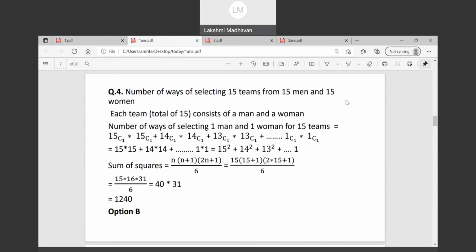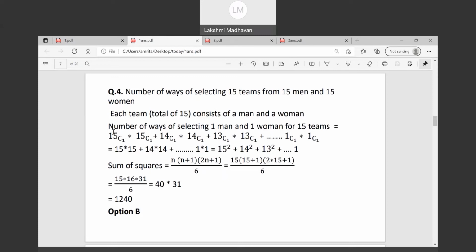For the 15th team, there will be 1 man and 1 woman. For the 14th team, there will be one from both categories. For the 13th team, there will be one from both categories. For the 12th team, one from both categories, up to the first team. So the number of ways of selecting 1 man and 1 woman will be, you know this,